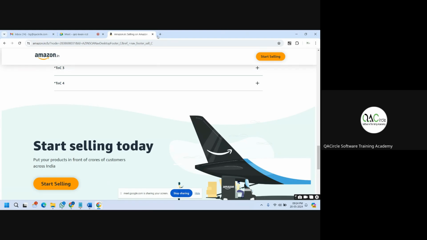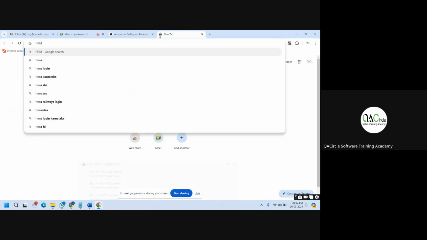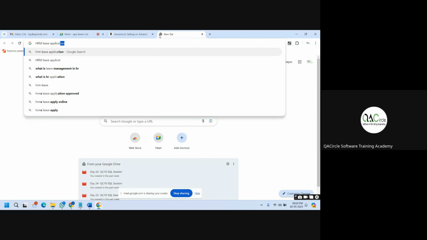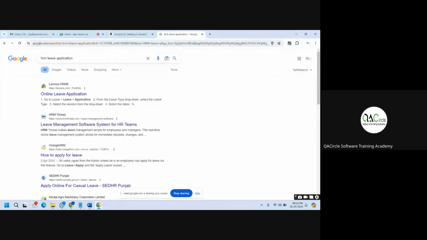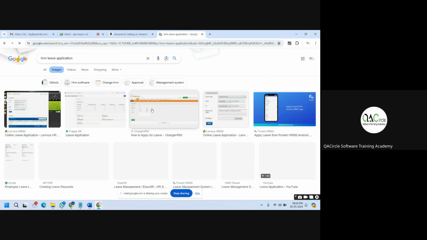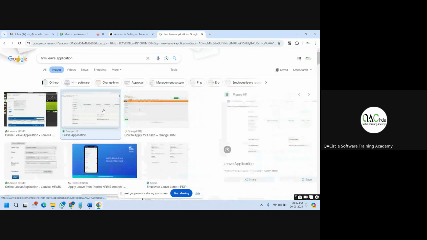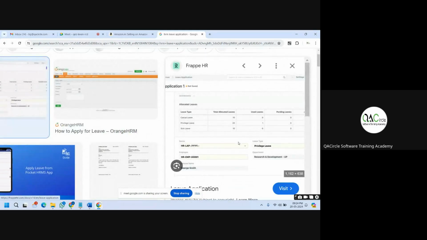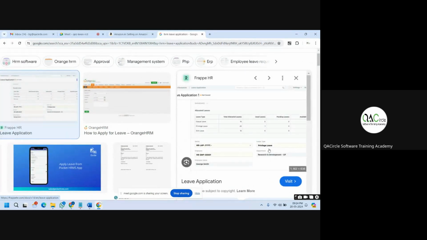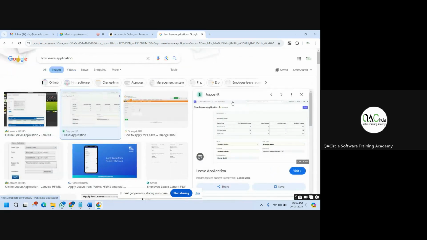One second, HRM. I'll just show you if I get some images. See, type of leave. If you can see here,